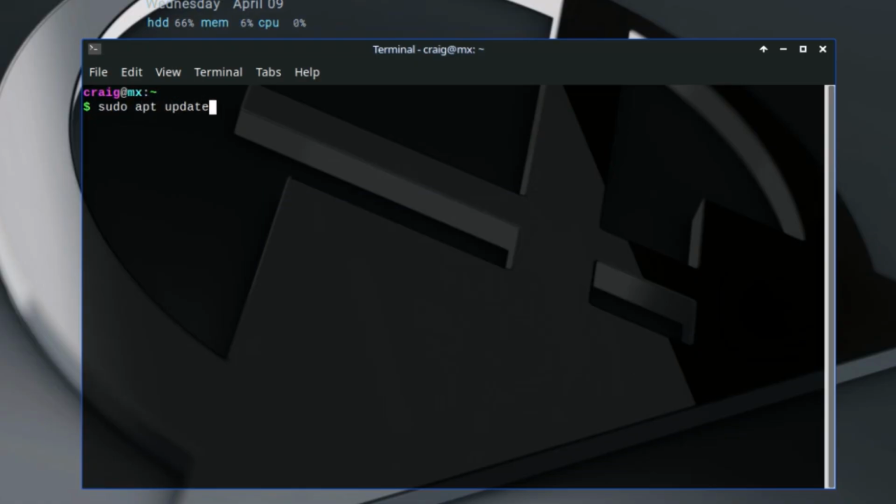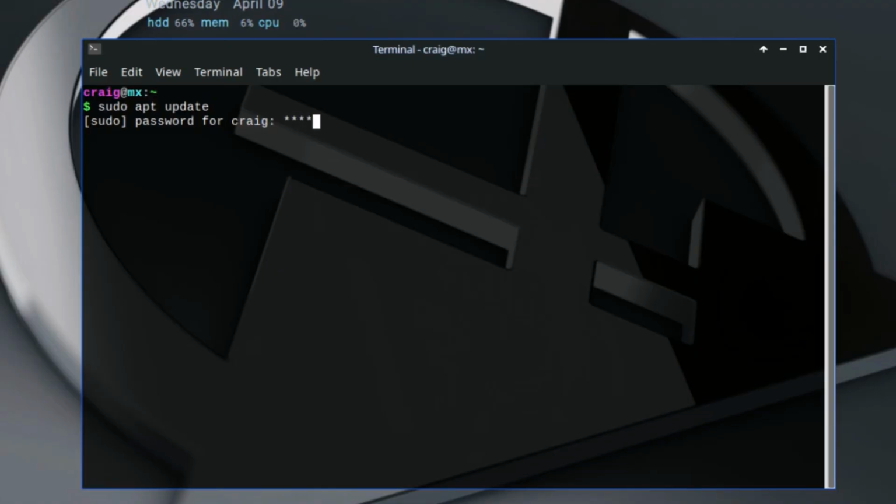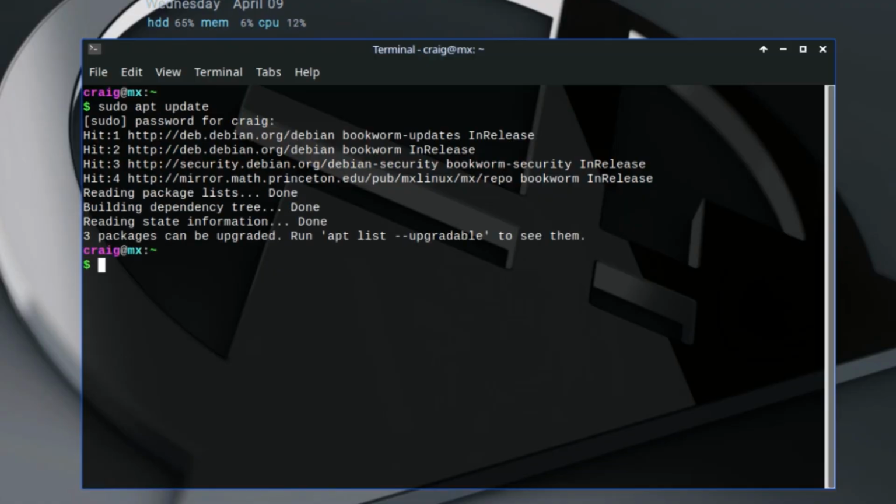Hit enter. It asks you for your password. Type in your password and hit enter again. Now it is going through all your packages, seeing if there's any updates available. It tells me here I have 3 packages that can be upgraded, so the next command you want to run